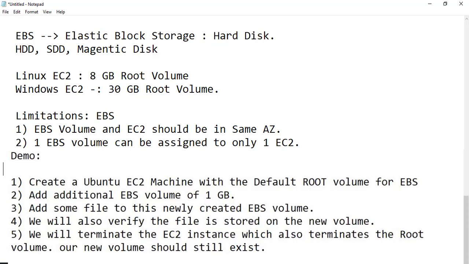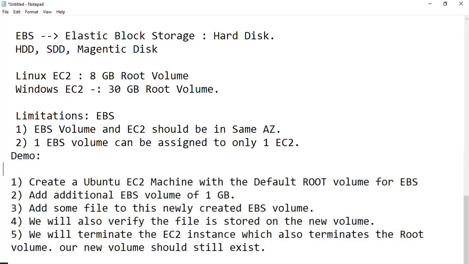The second point is that we will add additional storage, an additional EBS volume of 1 GB, and then try to add some file to this newly created EBS volume.